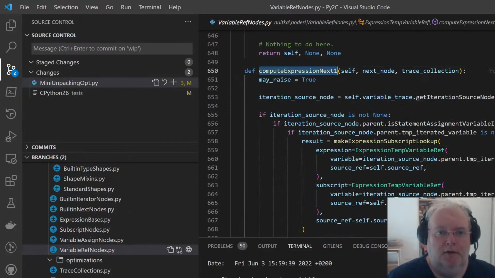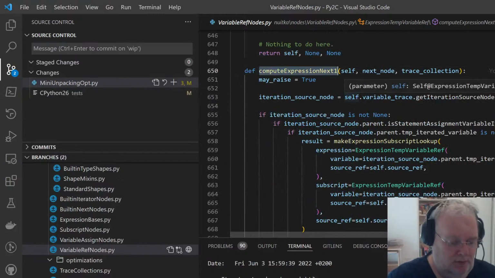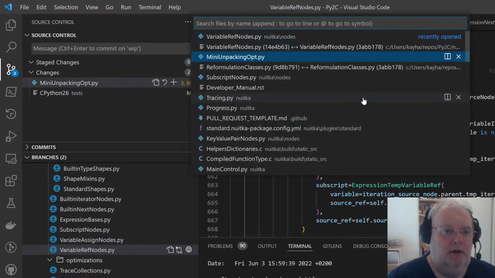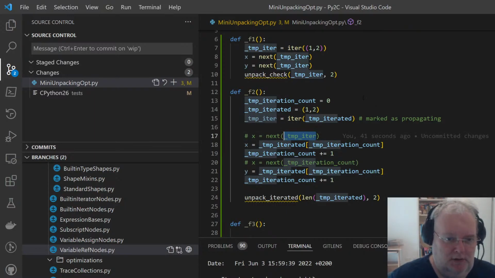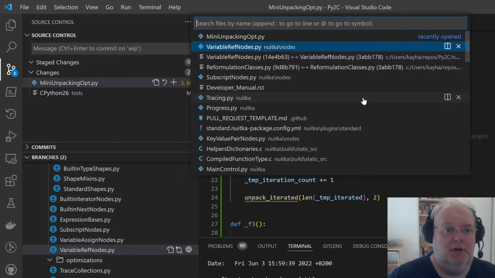So an expression is computed with next. That means we are here. We have this expression, which is a temporary variable reference to an iterator, and next is being called on it, and the next node has an implementation that asks its child.